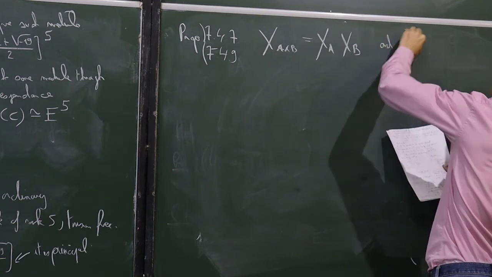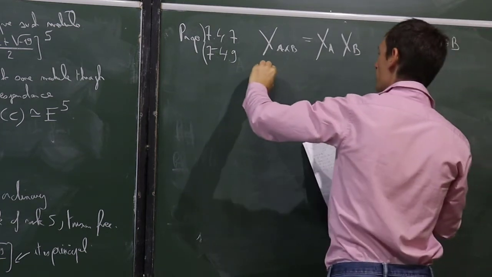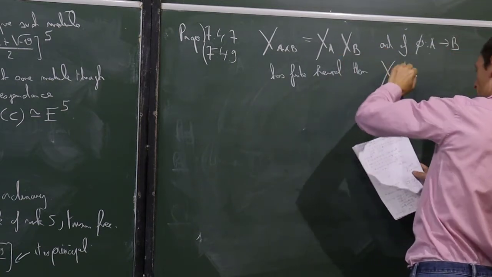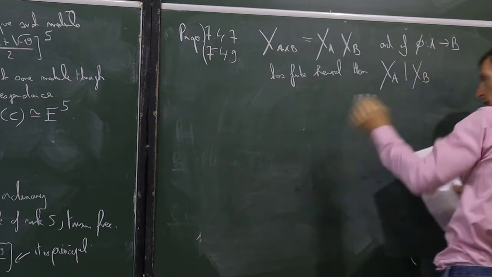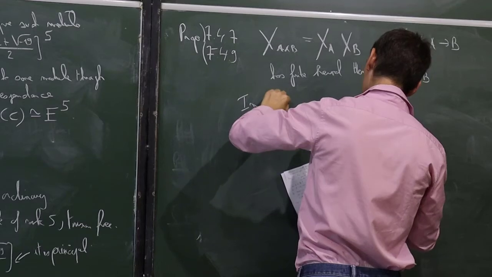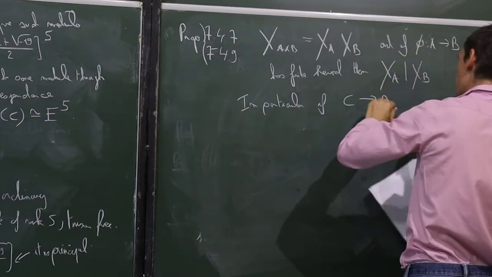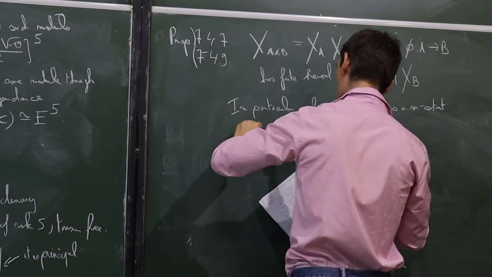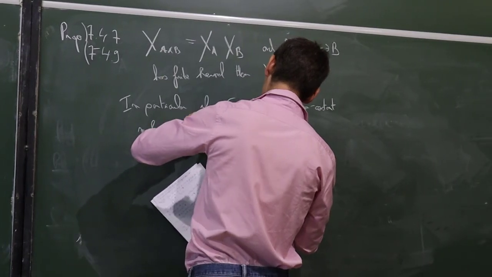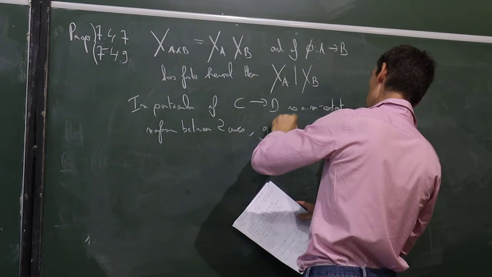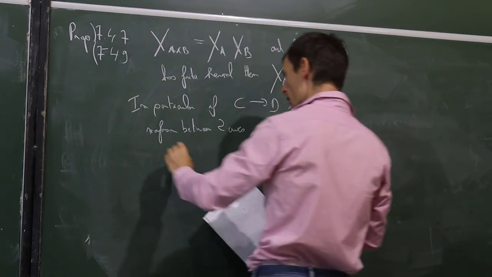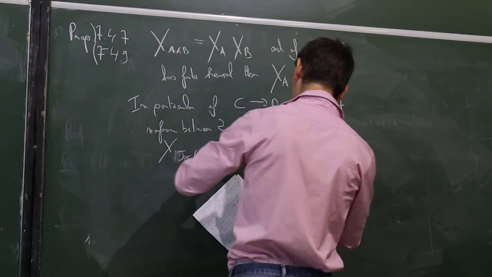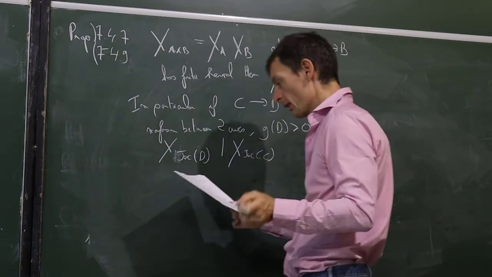And if phi between A and B has finite kernel, then chi of A divides chi of B. In particular, if C to D is a non-constant morphism between two curves, and the genus of D is positive, just not to say something that would be trivial, then the Weil polynomial of the Jacobian of D is going to divide the Weil polynomial of the Jacobian of C. But this is super nice because, as a corollary,